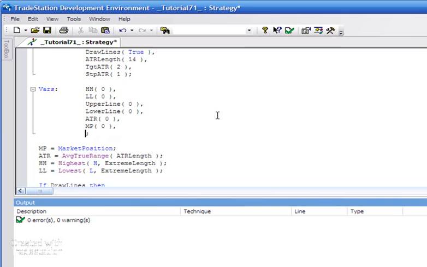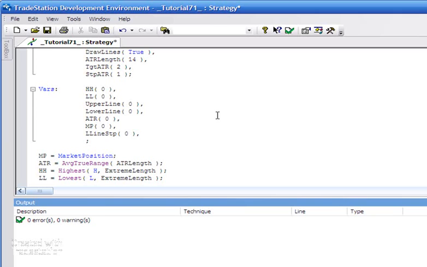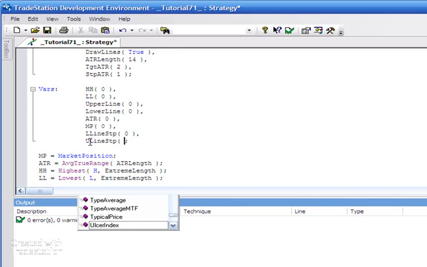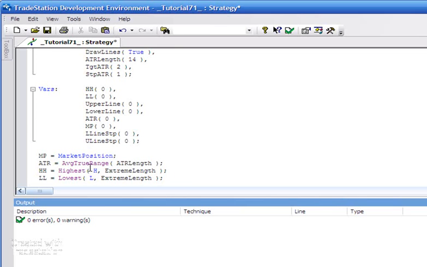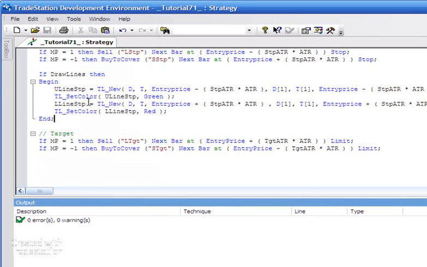So let's just do that at the top here. Set that initially to 0, and U line STP, set that to 0 like so, and press F3. Oh, and just one final thing I want to do here is combine. I don't want to draw the stop lines if, for example, we're in a long trade, as if we're in a short trade. So what I'm going to do is just modify